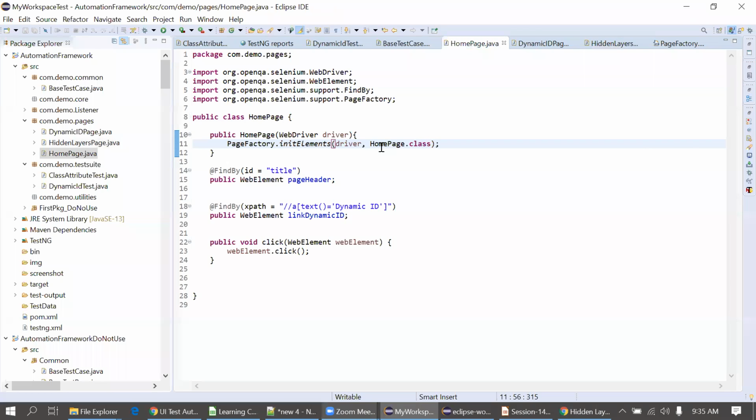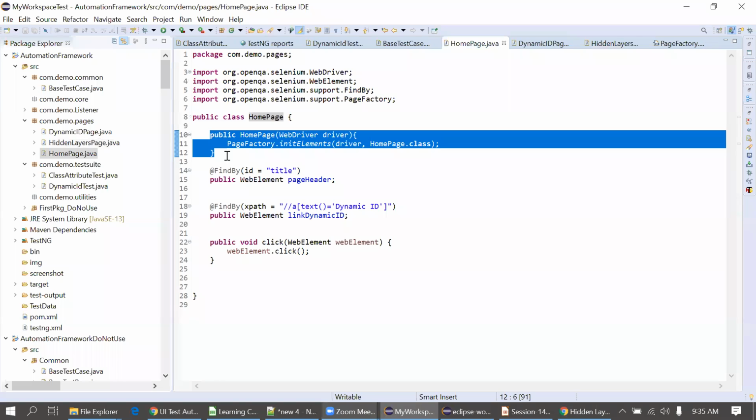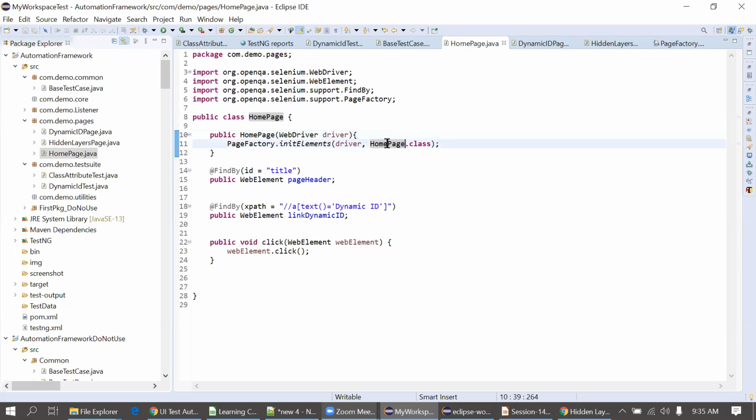But why are you putting this HomePage differently? Because sometimes you copy this code from here and paste it in another page. It will create an issue for you if you forget to change this word. So that's why I just put this keyword. It will simply refer to the current class. Can we use the super keyword here for using another class? Super means it will be pointing to the parent class. Here we are not using a super keyword because there is no parent class for this.